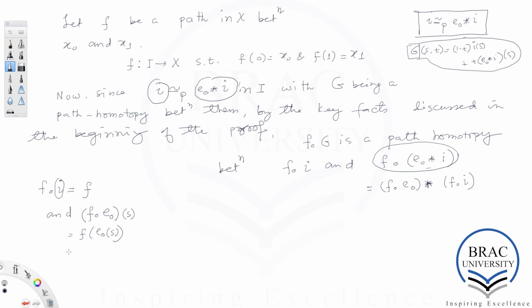And e0 of s is 0, since e0 is the constant map mapping everything to 0, and f of 0 is x0, the initial point of the path